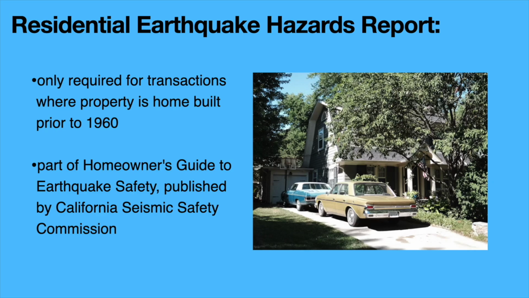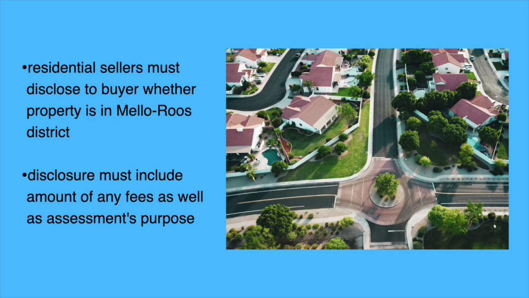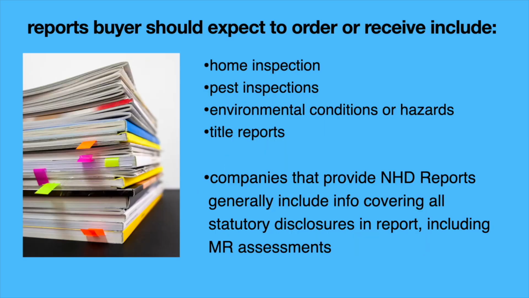Residential sellers must disclose to the buyer whether a property is in a Mello-Roos district. Disclosure must include the amount of any fees as well as the assessment's purpose. Reports the buyer should expect to order or receive include the home inspection, pest inspections, environmental conditions or hazards, and title reports. Companies that provide natural hazard disclosure reports generally include information covering all statutory disclosures in the report, including